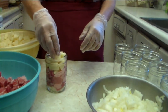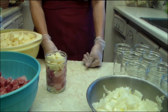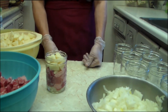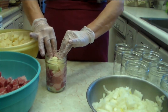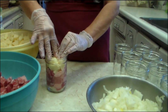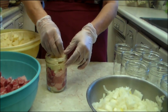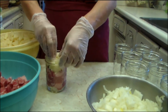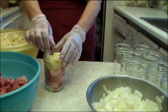Once this is processed, to use it, you drain off the juice and the water. Then you put it in a bowl, and you use a fork or whatever to mash it all up. What you're doing is you're getting the potato mashed into the meat. Then you just cook it like you would ordinarily cook a can of corned beef hash that you would buy at the store. You can put as much potato in it as you want. You can put as much onion in it as you want. Depends on what size you're doing. Also, another thing is